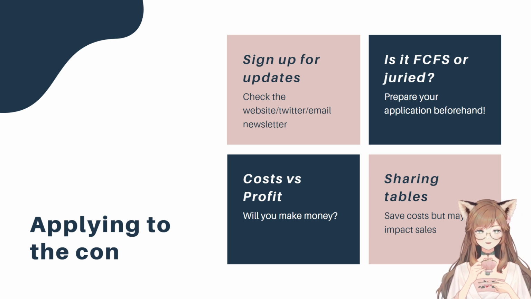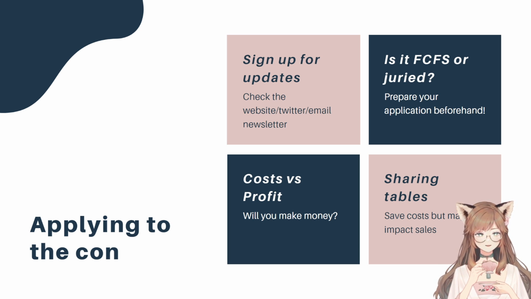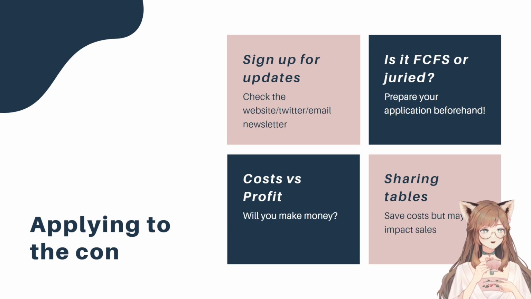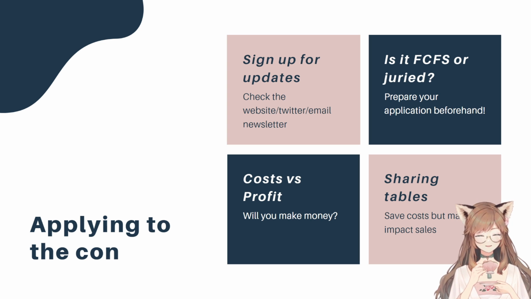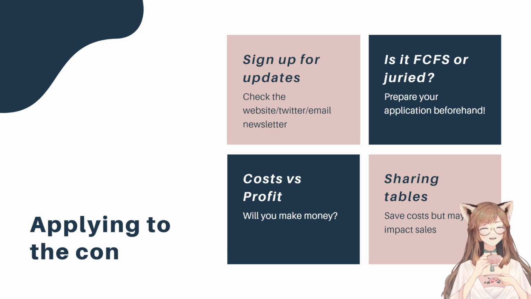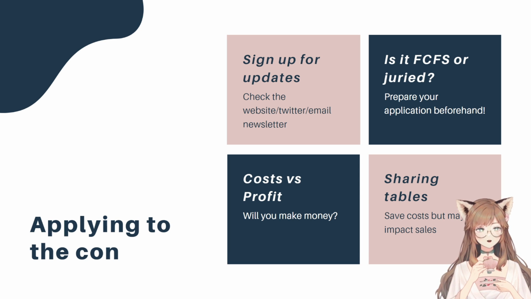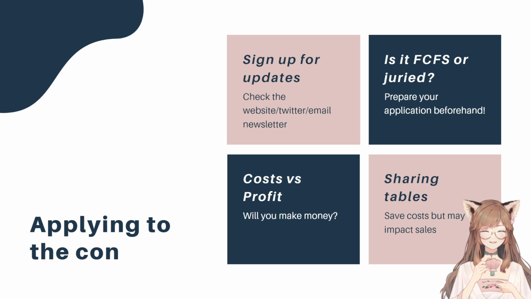But yeah, if you know that it's going to be first come, first serve, basically try to get all of your info ready to submit. So maybe make a Word document with all the info that you can just copy and paste. You don't have to type it out. Type out your website, your social media, and if there's a part that asks what kind of stuff do you sell, you can write a list like prints, stickers, whatever. So basically anything that you might need to type out, just copy paste. That's the tactic, so you don't have to waste time typing things out.